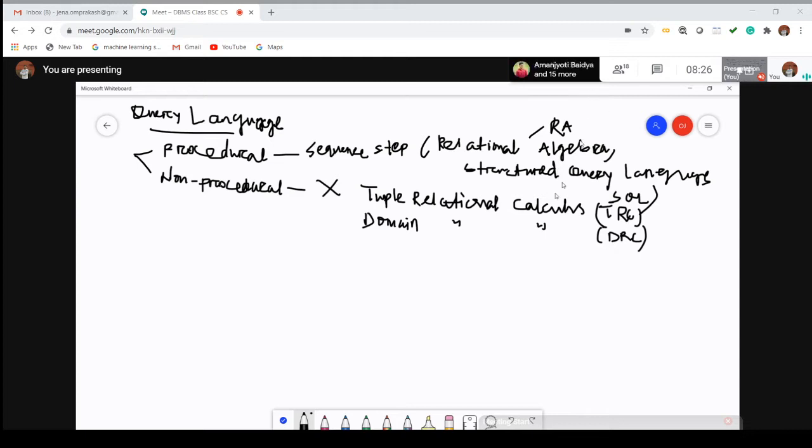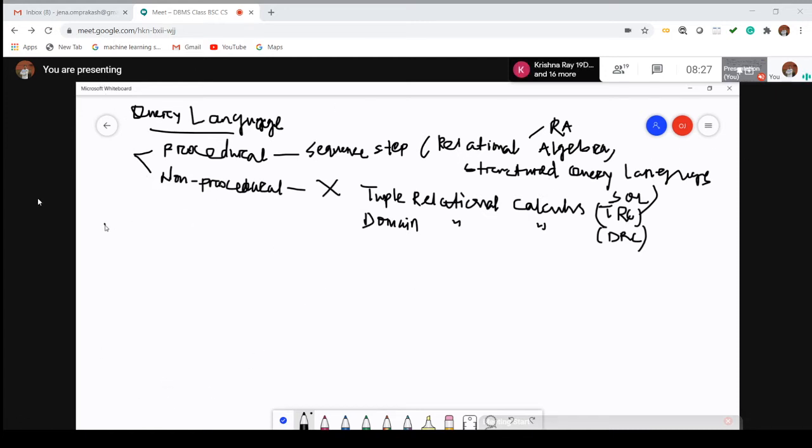We have to discuss all of these things. In this unit we will discuss relational algebra, tuple relational calculus, and domain relational calculus, along with the Structured Query Language. How can you store the data? How can you retrieve the data from the database? Before we start, let us discuss them one by one.